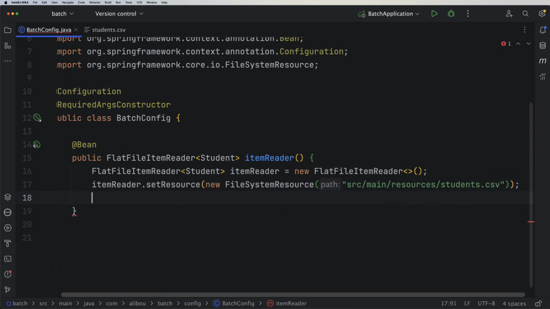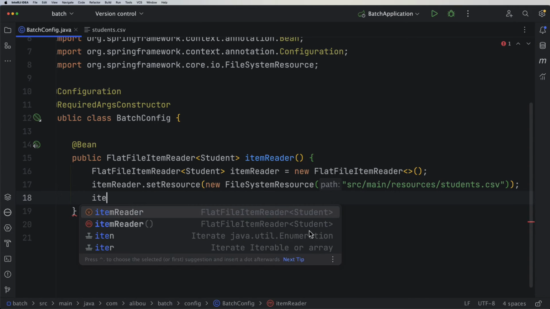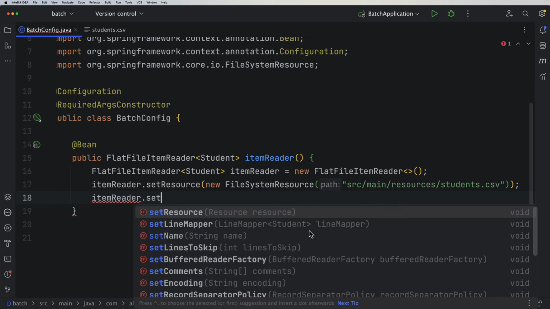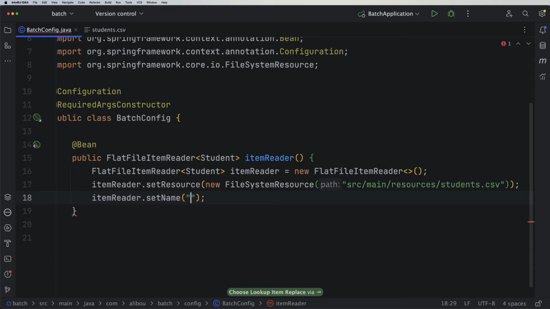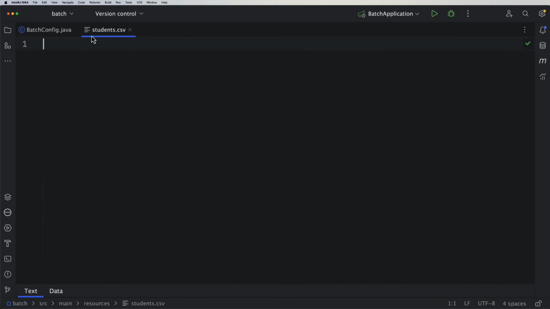All right, so this is the path of the file that I want to read. After that, let's give our item reader a name. So we can set a name in here, and now let's call it CSV reader, for example. All right, so after giving it a name, here within a CSV file, we will have a